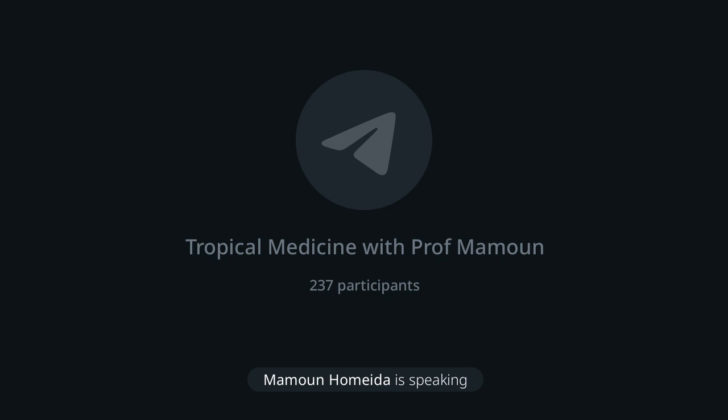And we usually relate the CSF glucose to the blood glucose. The CSF glucose has to be less than 50 percent of the serum or blood glucose. And in this person, I think I didn't calculate it, but it may be like a third or just over a third. So it is less than 50 percent, which is okay. But more important is that the glucose is very low. More important, the protein is very high, and this is almost